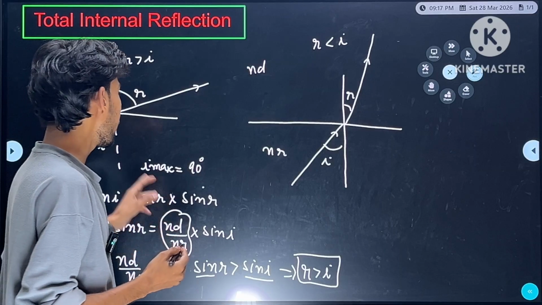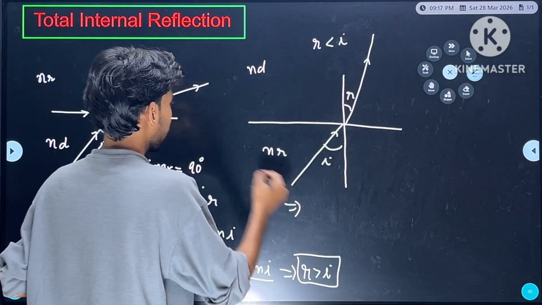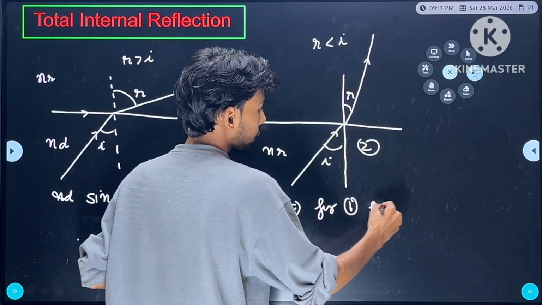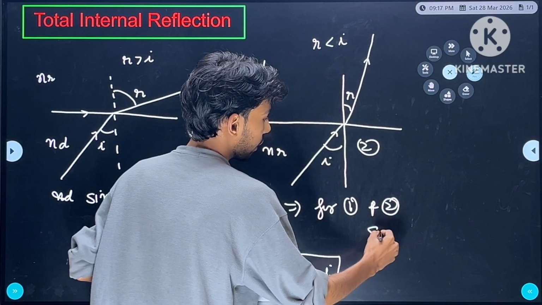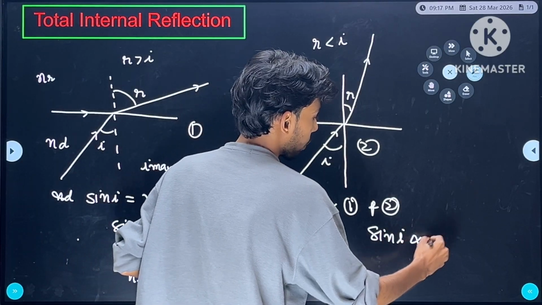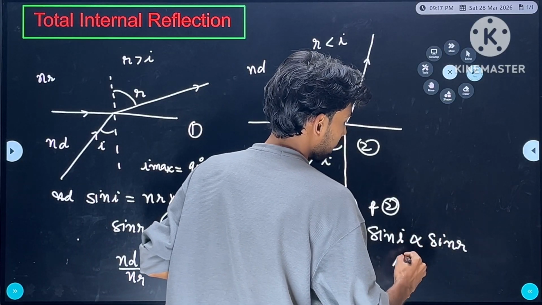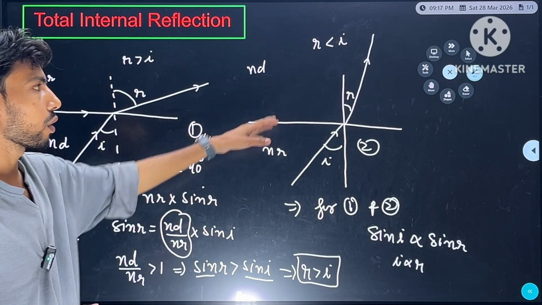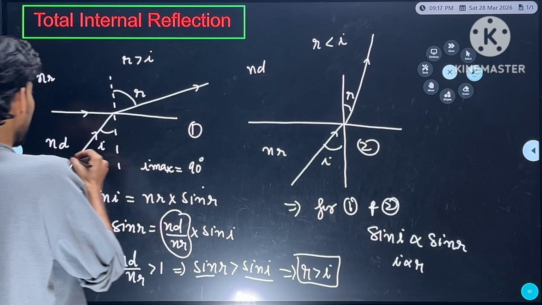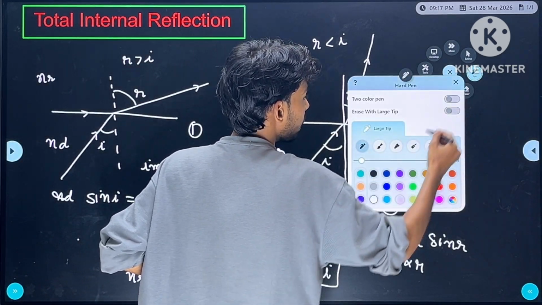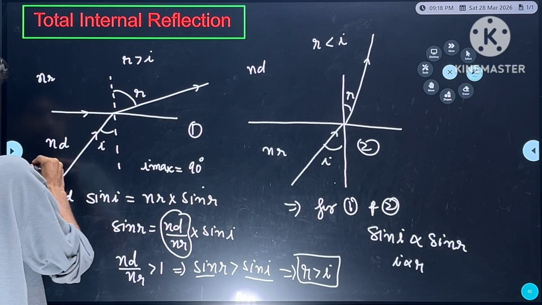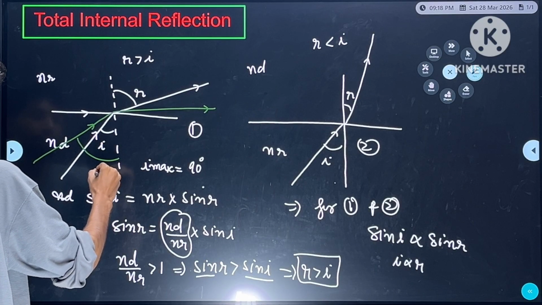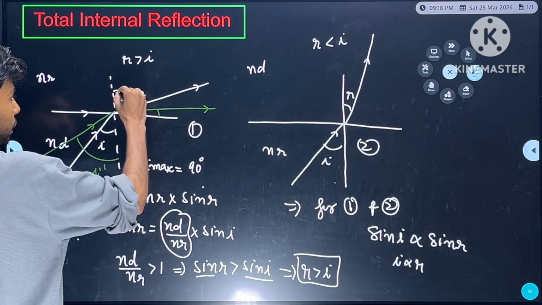That means in both the cases, that is first case and second case, according to Snell's law, I can write that this sin I is proportional to sin R. That also means that I is proportional to R. So if I increase, that means this R will of course increase. So if I start increasing I, let me incident this light ray at some larger angle I, that means this R will again become greater. So let me write that is I dash and that is R dash.